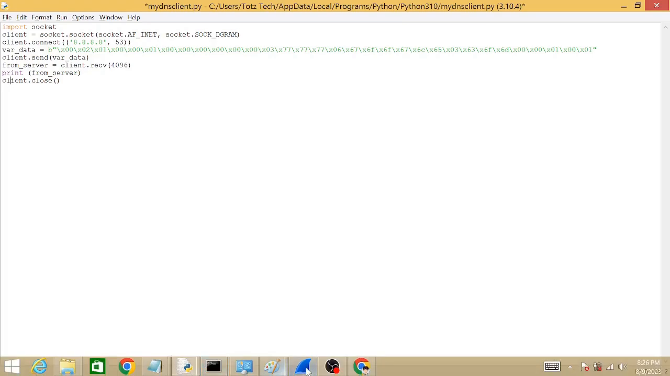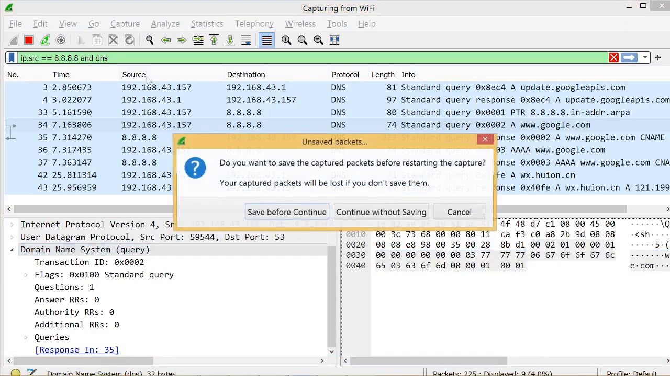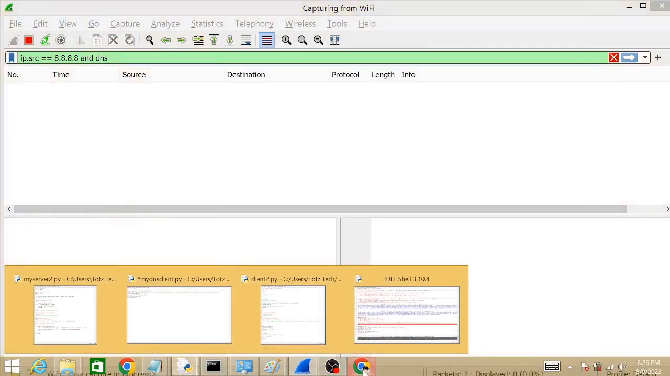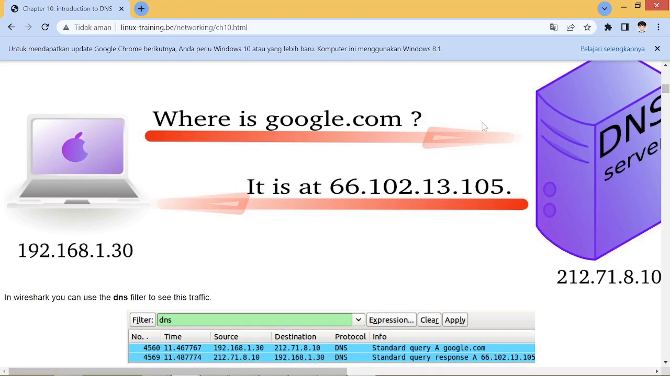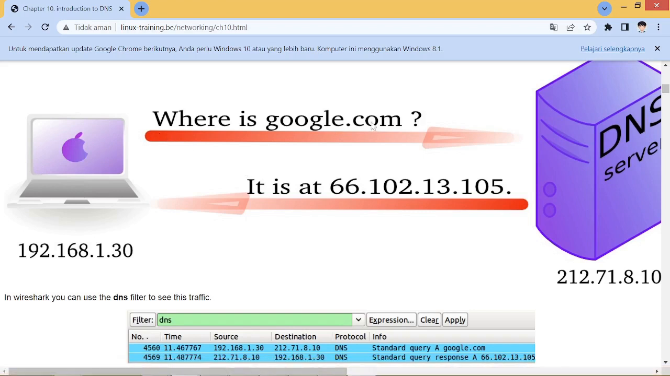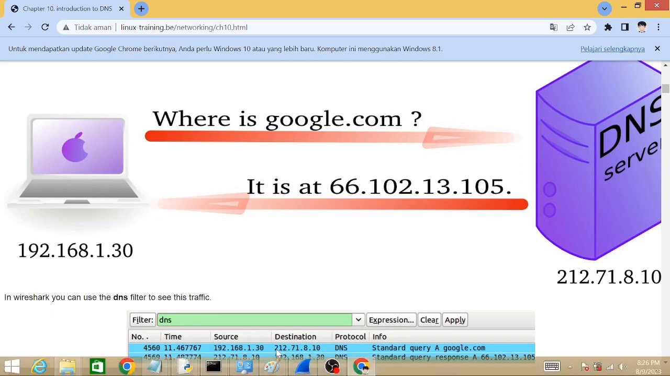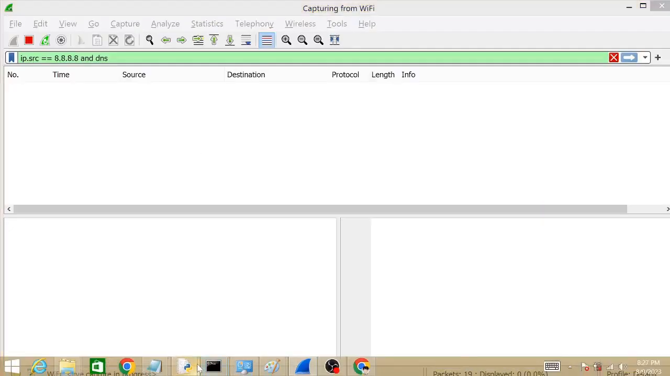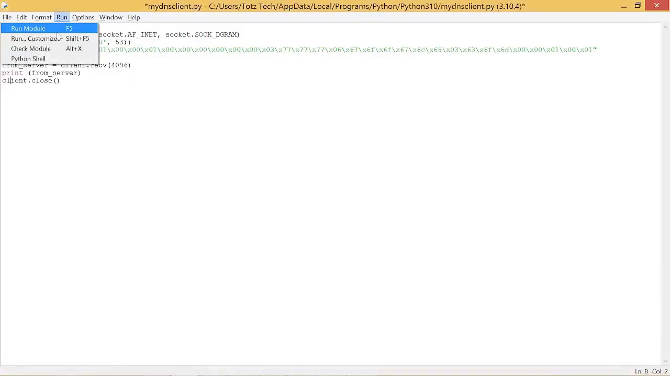So let's see that now. Let's clear the Wireshark again, then click continue without saving. This time we make a query not using NSLOOKUP but using a Python script, and we will get the response from the DNS server in IDLE and also in Wireshark. Wireshark will capture the packet that we just sent from the Python code, and also the response from the DNS server. So go to your DNS client and run the code, click run, click run module, and then click